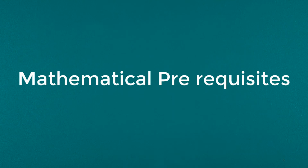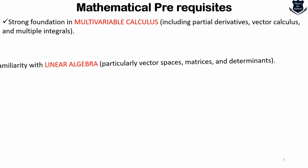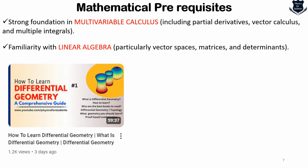So first of all, when we talk about curves and surfaces, the first thing is what the mathematical prerequisites are. To be very honest, not much. What you need to know is a strong foundation of multivariable calculus, which includes partial derivatives, vector calculus, and multiple integrals, and a very good understanding of linear algebra. Now, if you're wondering which book to select, and which part of linear algebra or calculus relates to differential geometry, this is the video which I made, and you can go ahead and check that,